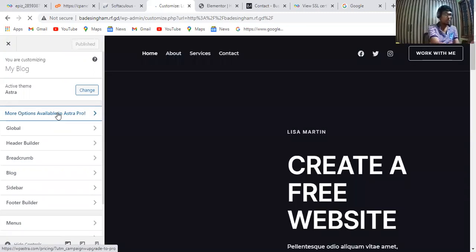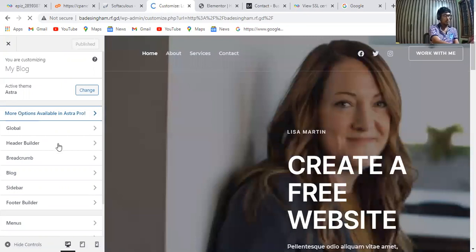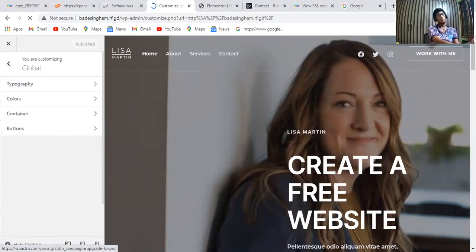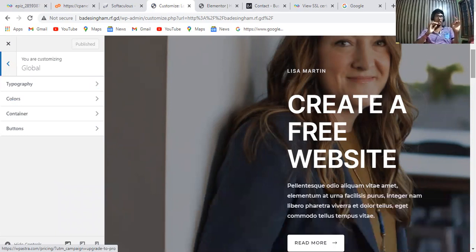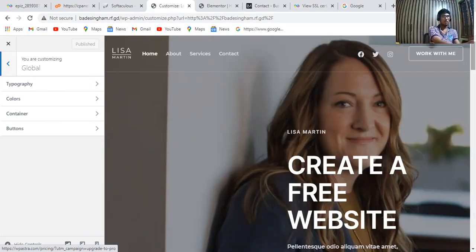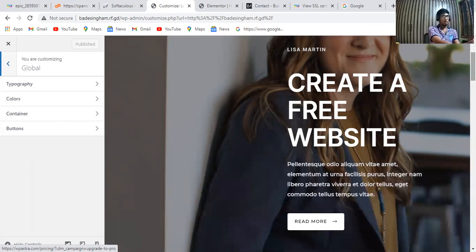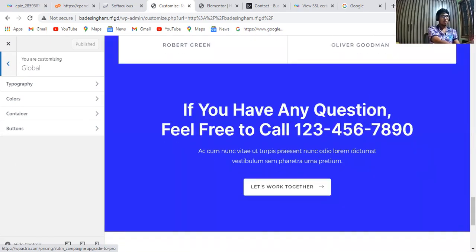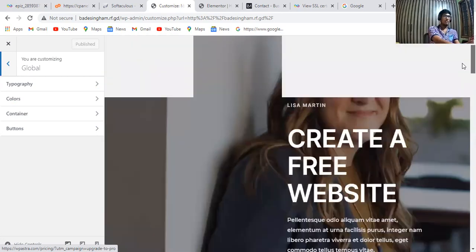So I'm going to show you here. This was the example. If you want to change the globe, first of all I'm going to the global option. Let's wait, my net has been loading slowly. This was the example that I have shown you here.